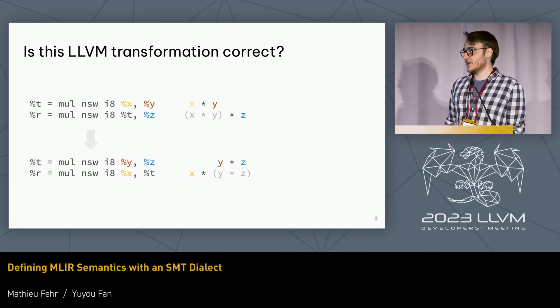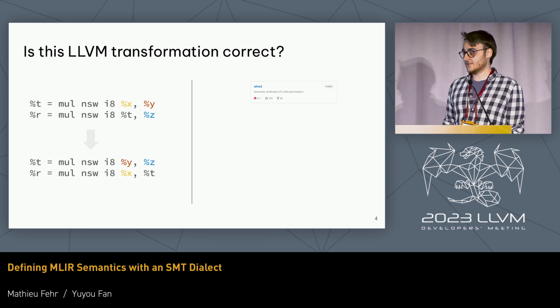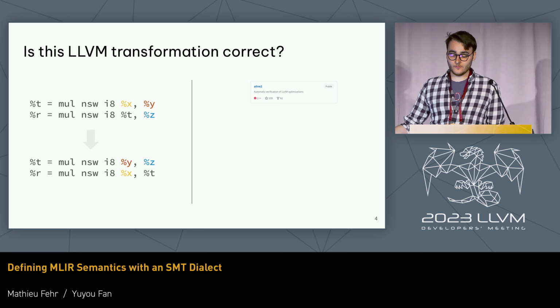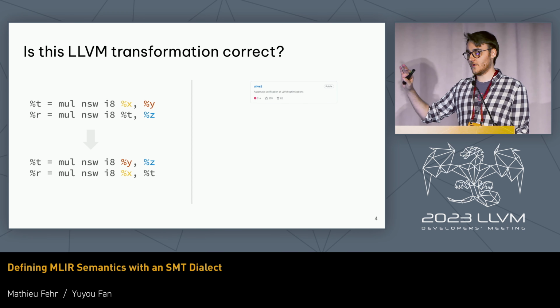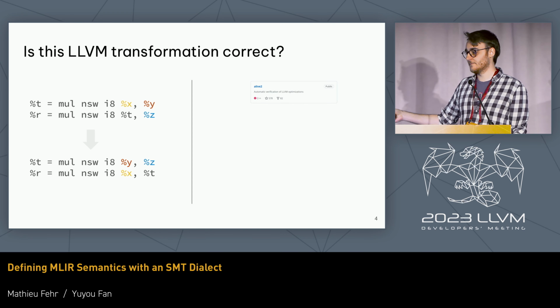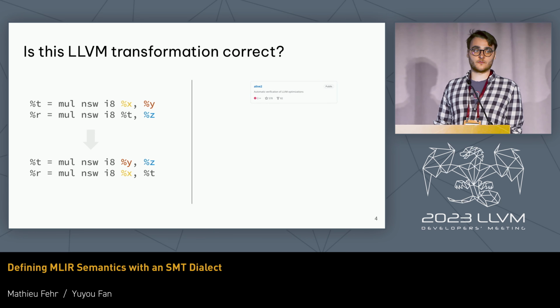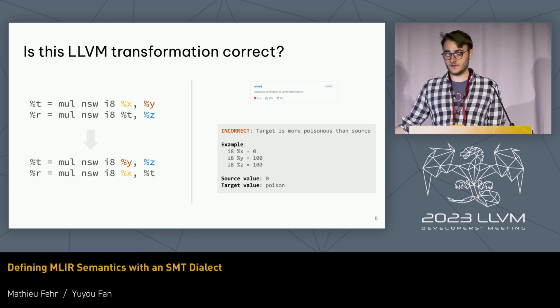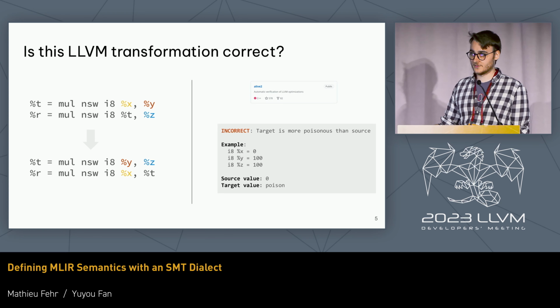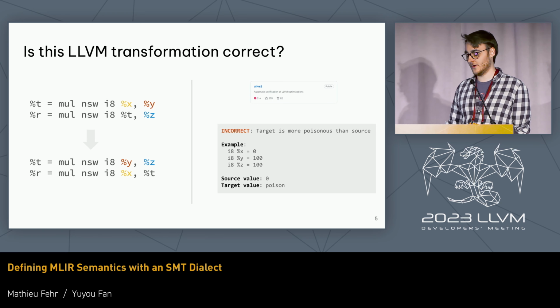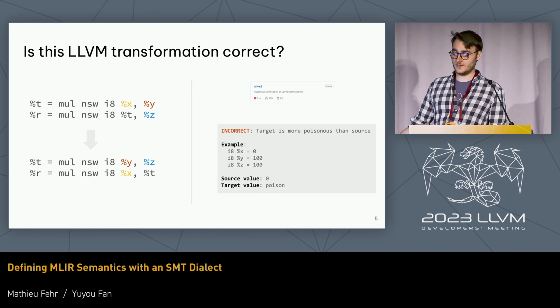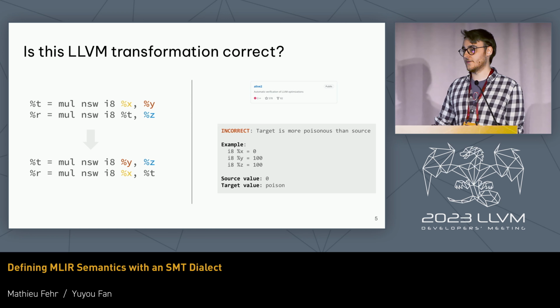Well, the good thing in LLVM is that you don't have to guess. You can pass the program to external tools like Alive or Alive2, which are automatic tooling. You pass the previous program and the output program, and Alive2 is going to tell you if it's correct or not. In that case, it's incorrect, and Alive gives you an example. For instance, if x is equal to 0, y equal to 100, and z equal to 100, this transformation is incorrect because the first program returns 0, and the second program will have an overflow